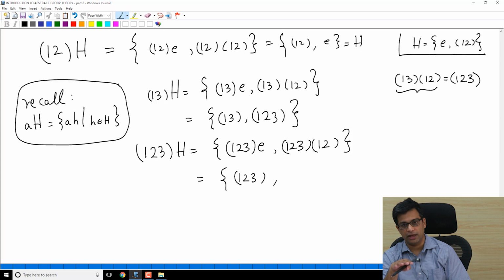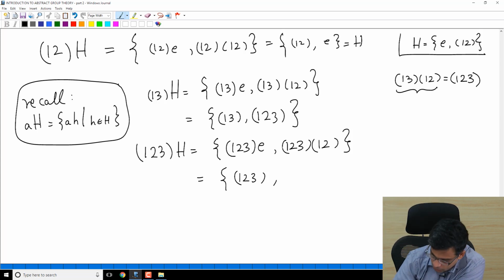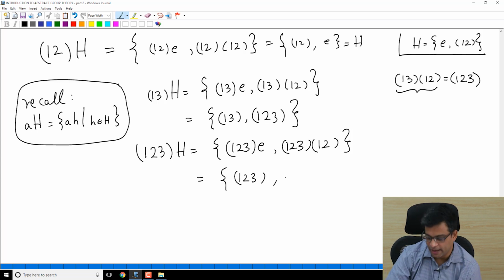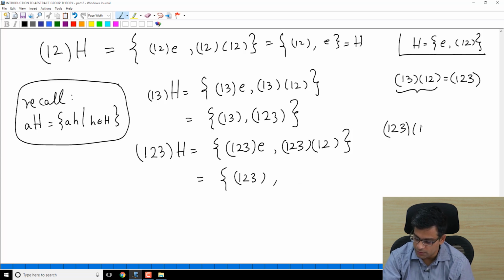And remember our general theorem about equivalence classes of an equivalence relation, which applies to left cosets of a subgroup in a group. If two cosets have anything in common, they must be identical. These two cosets have (1 2 3) in common. So you expect from that result that these are identical. So you expect in this place (1 3), it must be (1 3). If it's anything else, then these two cosets have something in common, yet they are not equal. It has to be (1 3), but let's verify just for surety.